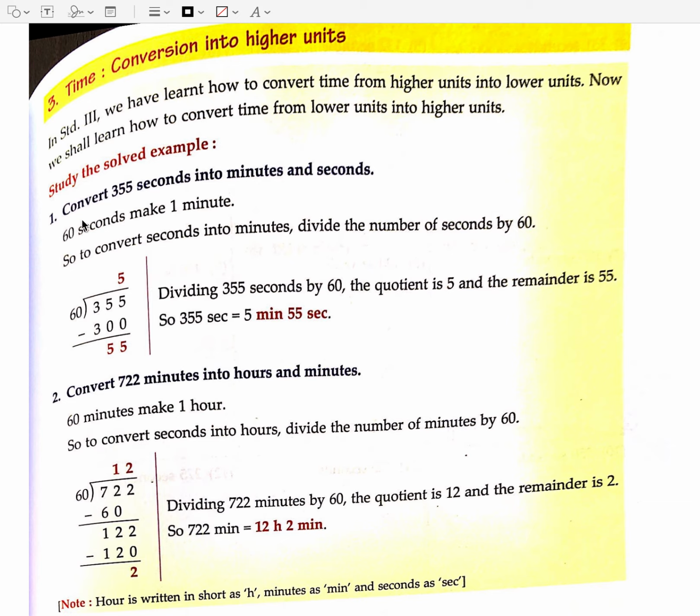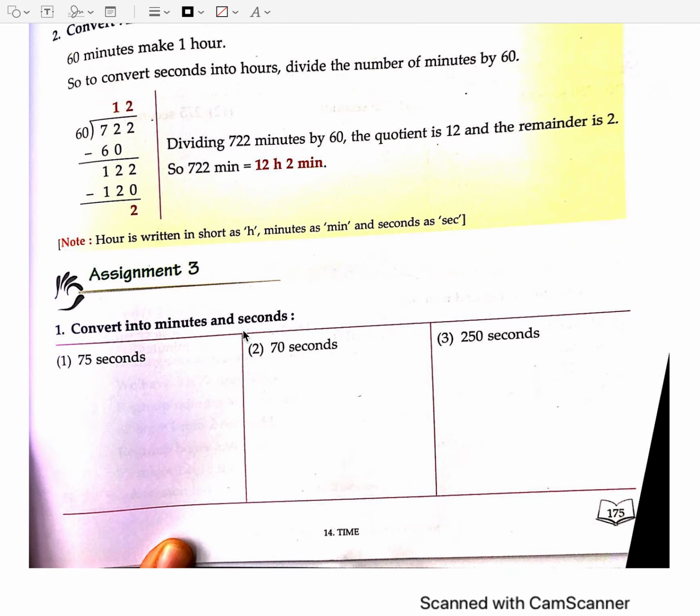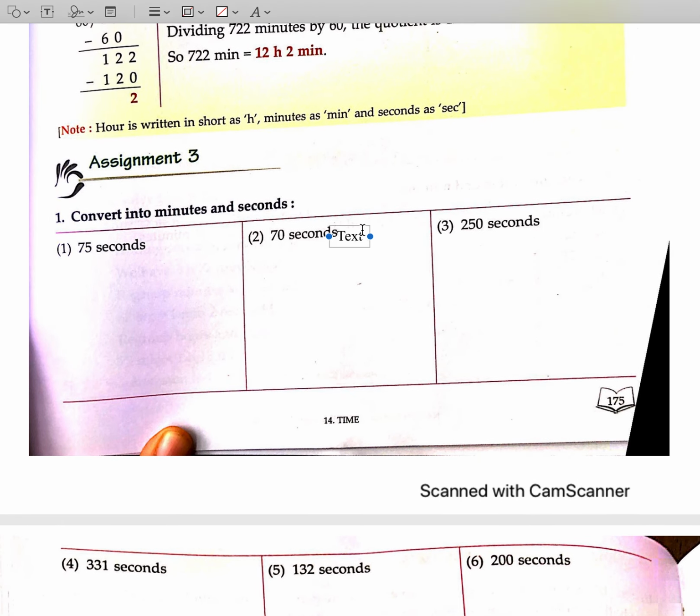We have to divide the total amount by 60 and the quotient will be the minutes and the remainder will be the seconds. Basically it is division. So 75 seconds we'll divide by 60. Here we can also do an easier method. As we know, we can do mental division. So 75 divided by 60, the quotient will be only 1 and the remainder will be 15 because 75 minus 60 is 15. So that means it will be equal to 1 minute and 15 seconds. If you want, you could also do division, but as we are doing a shorter way, we'll do it mentally.